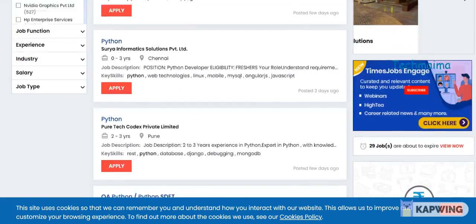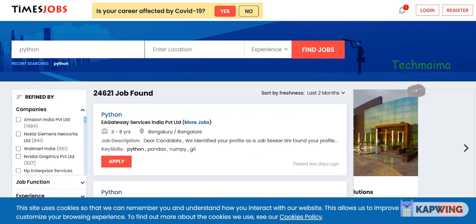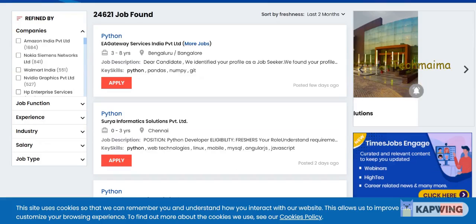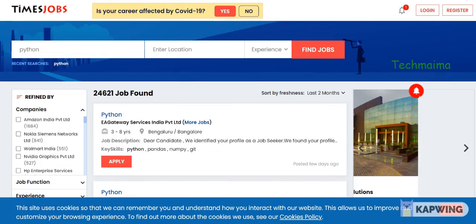Because nobody likes it if someone is doing web scraping on their website, nobody, including you or me. If you have a website and someone is coming and extracting your website information, nobody likes this, right? So only for a specific purpose we use the web scraping concept. That is the reason I'm using a generic website called Times Jobs, because so many candidates will be visiting this page every day. So here I type Python.